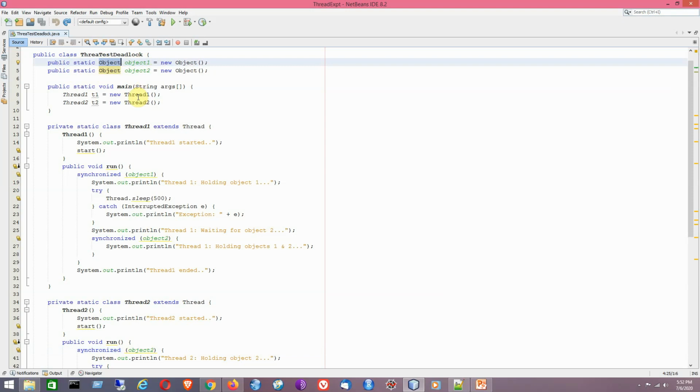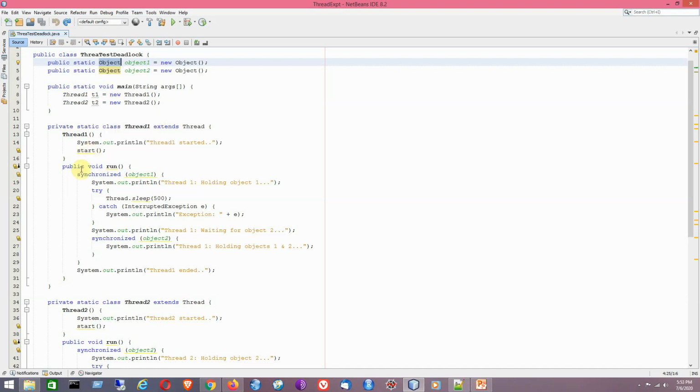Now thread 1 is created from the Thread class, so we are using the extends option here. This is the Thread 1 constructor, so it will show that this particular thread has started, and this is the start method call. That means after calling this method, the new thread, that means the newborn state, will now move to the ready to run state or runnable state. So it will be waiting for its turn to be selected by the thread scheduler. Whenever it is selected by the thread scheduler for running, its run method will get executed.